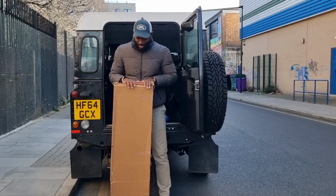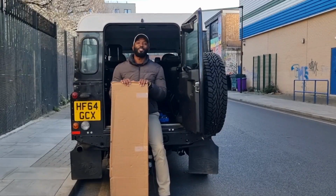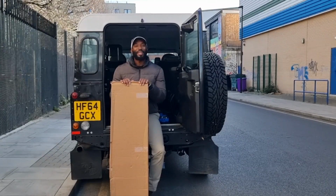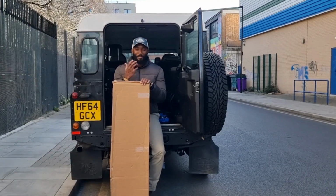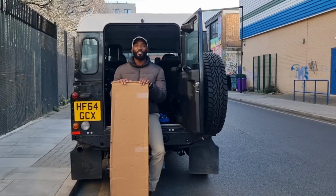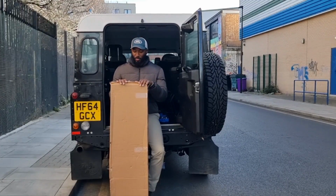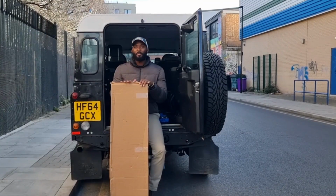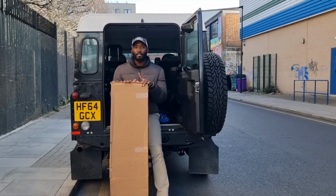This for me is really one of the most exciting modifications for the Defender because it gives that adventure feeling of, you've got a ladder and you've got a roof rack. So what's the plan? Today I'll be installing the ladder and I've got the roof rack being delivered tomorrow, which